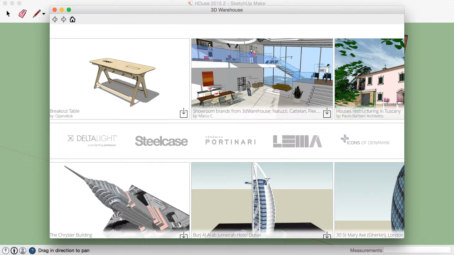Now the problem is when we move with the Move tool, we're moving it in 3D but on a two-dimensional screen, so the computer doesn't always know exactly where we want to put things. So if I try and move this window so it's kind of there, it may not always go in exactly the right place. I think on this occasion, if I just have a quick look, it is sticking to kind of where I want to go actually, so that's not too bad. But if yours doesn't, this is the way to do it.